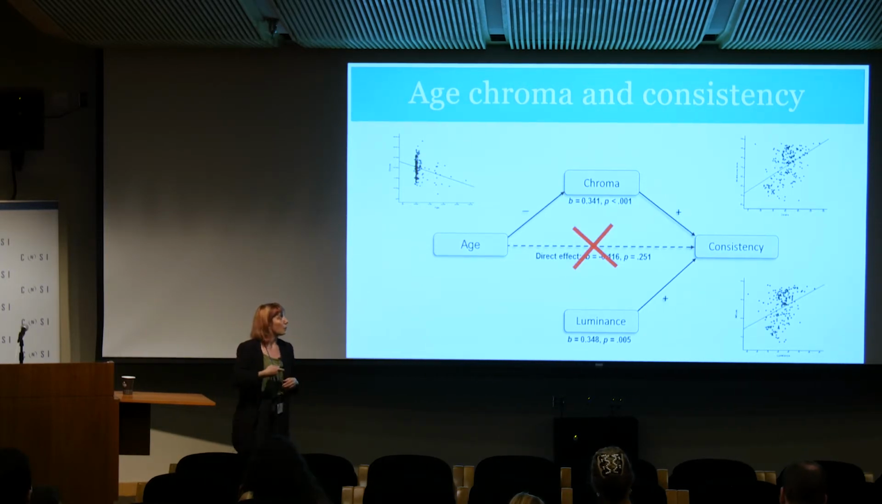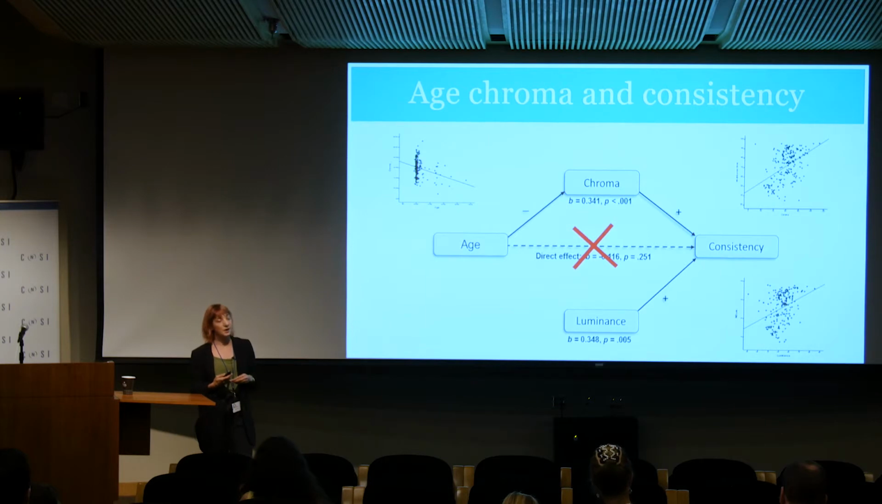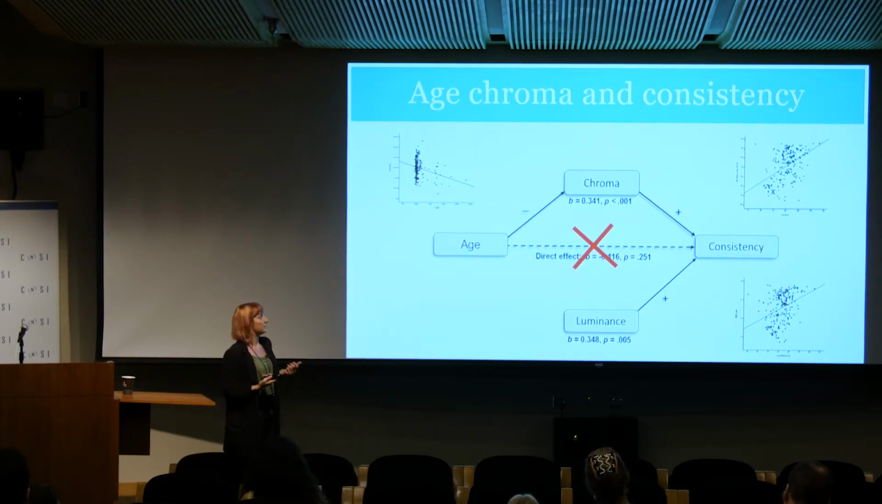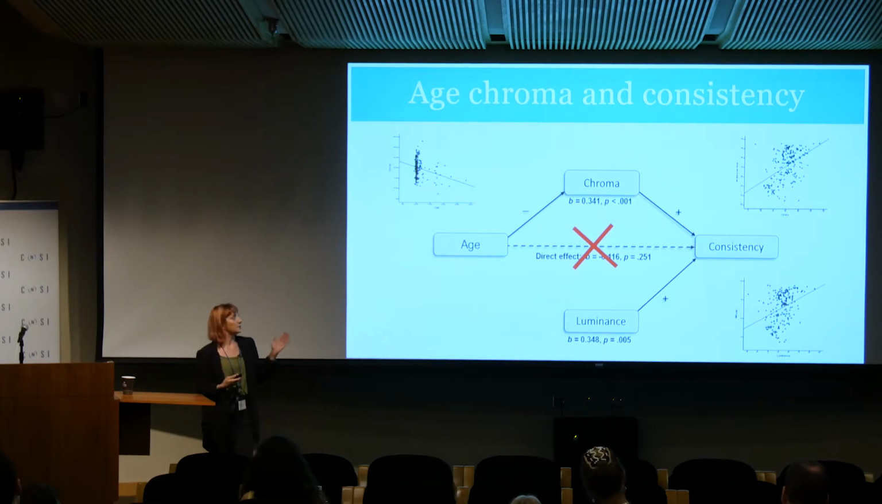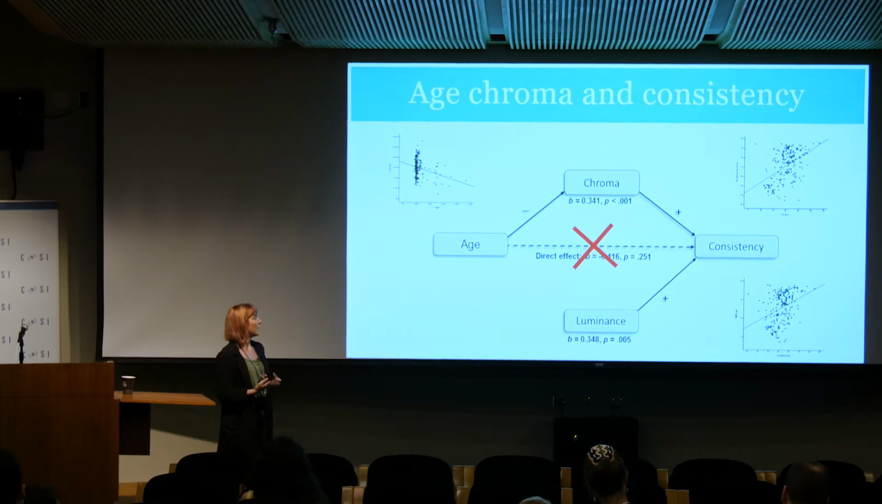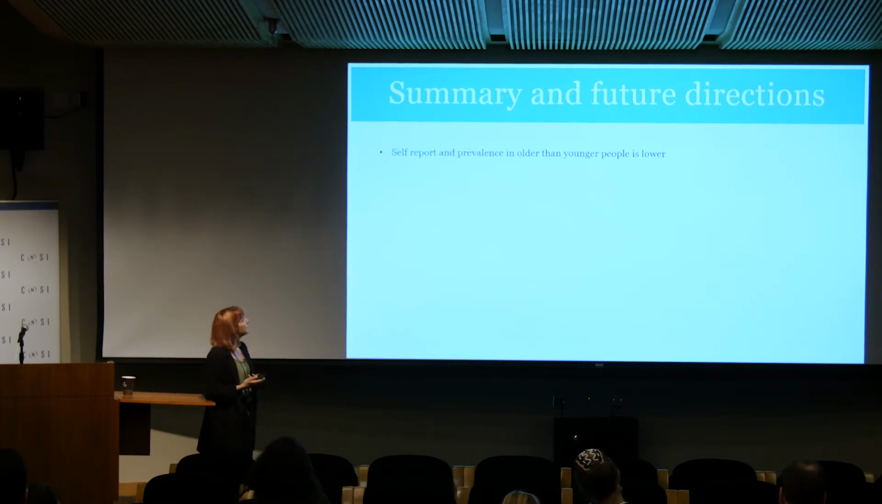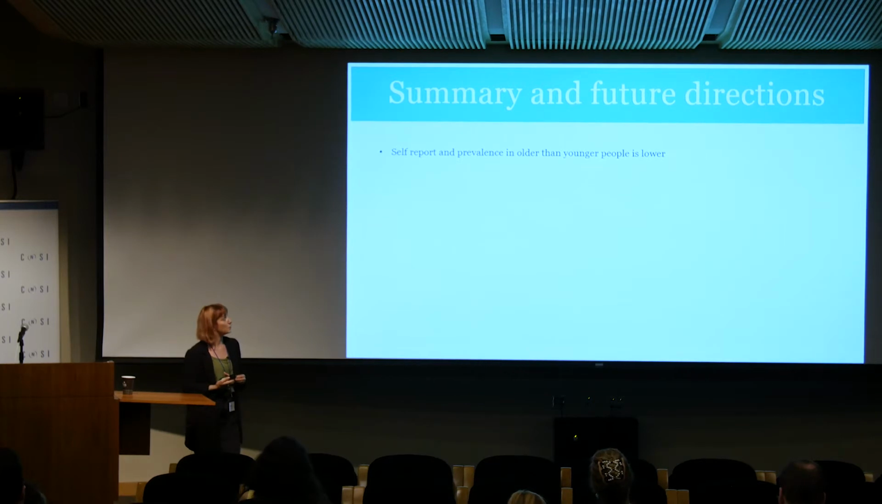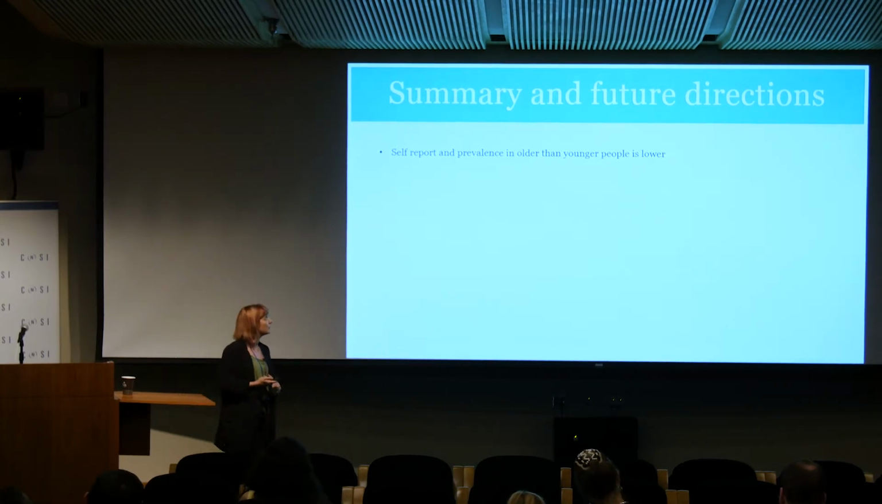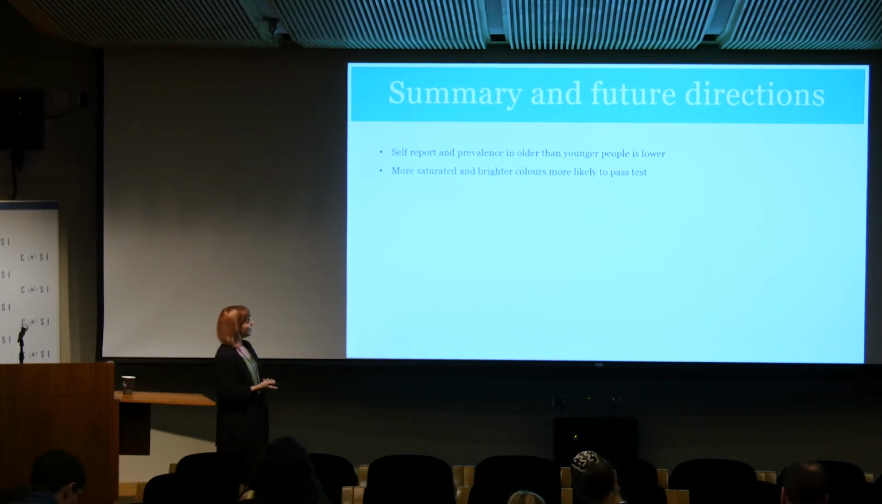However, when considering chroma as a mediator, there was no relationship between age and consistency, basically indicating that the relationship between age and consistency is fully explained by the fact that as we age, the chroma of synesthetic colors decreases. So the take-home message is that self-report and prevalence of synesthesia in older people tends to be lower than that in younger people. More saturated and brighter colors tend to lead